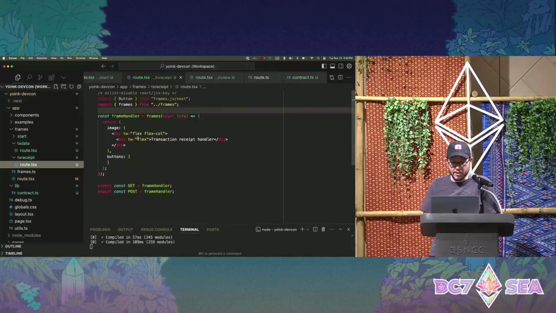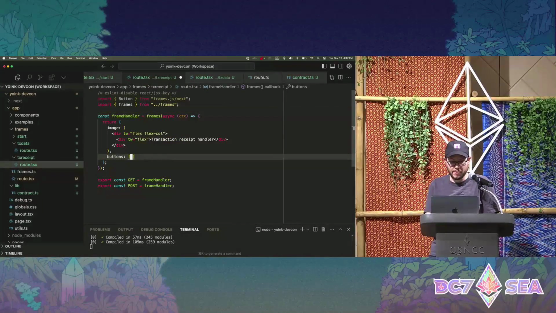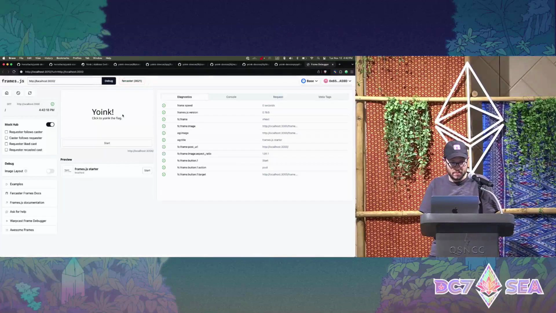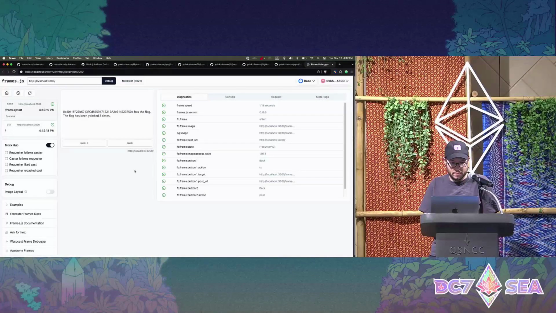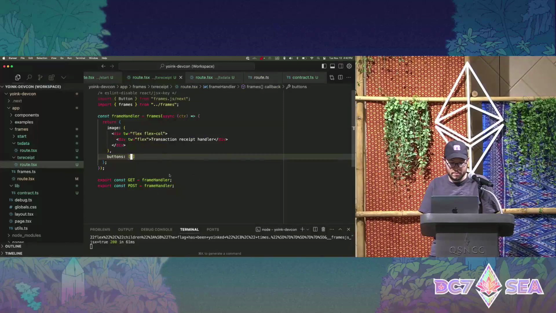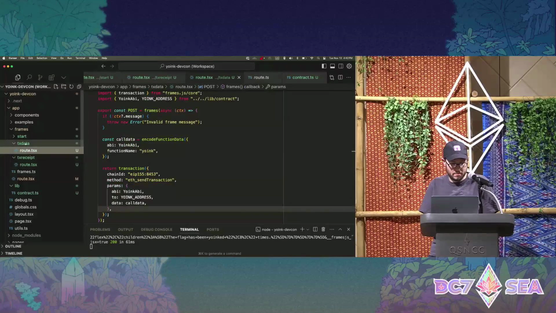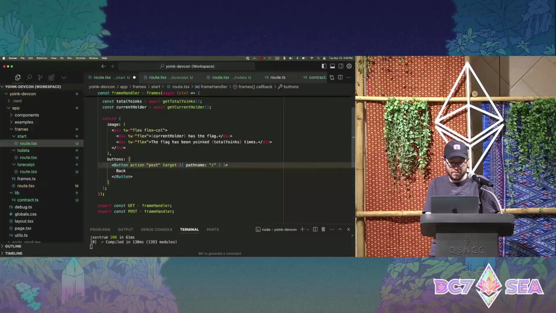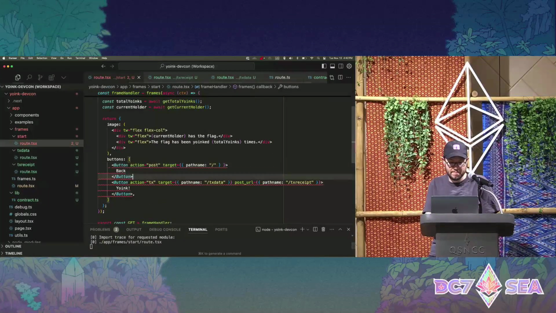Our receipt handler is empty right now, but I think this will just work as it is. Let's give it a try. Famous last words. Reorder these buttons.